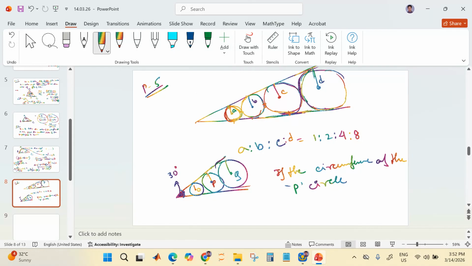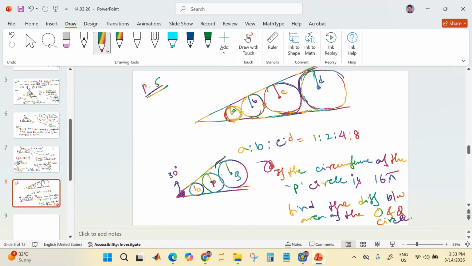If the circumference of the P circle is 16 pi, find the difference between area of the O and Q circle. এটা এক বছর এসেছিল কোশ্চেনটা, দি ভেরি ভেরি ইম্পর্টেন্ট কোশ্চেন। তুমি জেনারেলি এই কনসেপ্টটা না জানলে পারবেই না। ট্রাই করো।